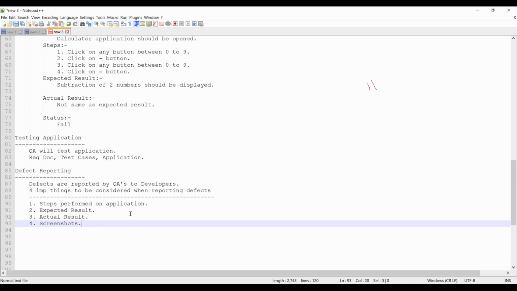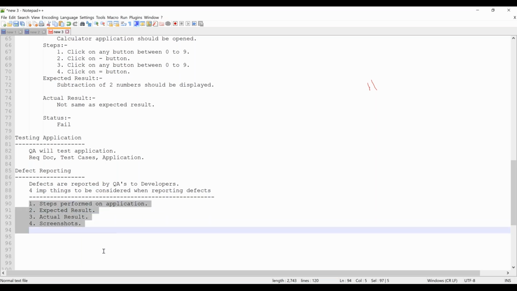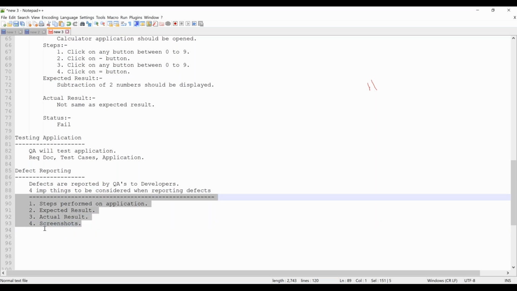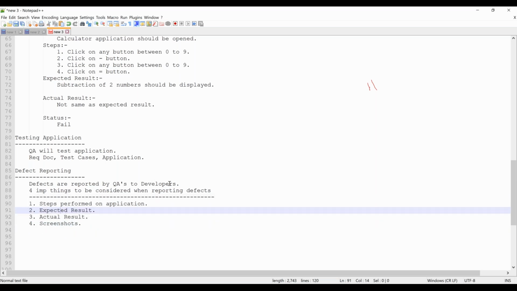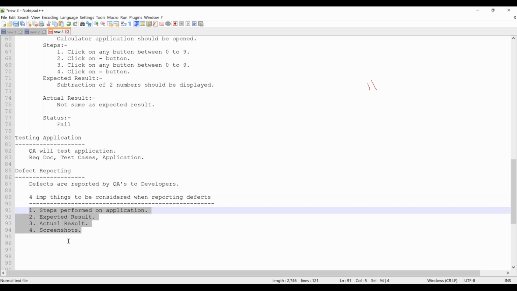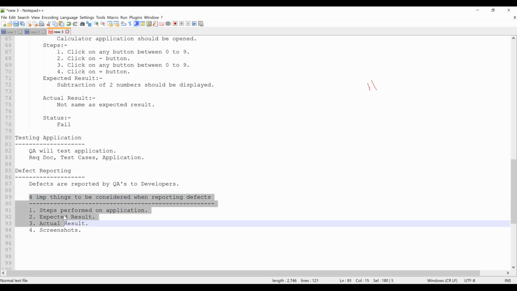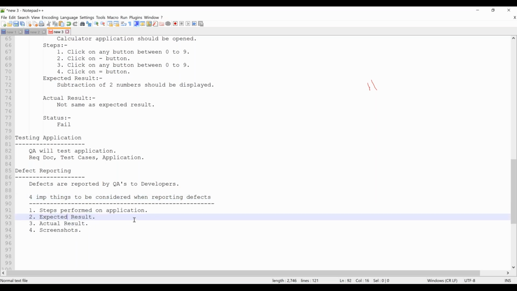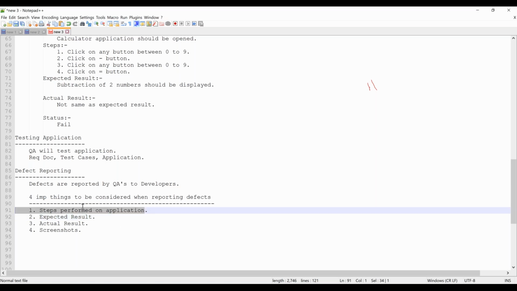So majority of the people, they will not do this. They assume, oh, I'm only doing testing. Developer knows what I have done. So why do I need to tell all this? Don't have that impression, because even in the place where I'm working currently, I have the same headache every day that I deal with the people. Every time what they do is they don't write all these things when they are logging a defect. They'll just write some description and then leave it. We'll come back to why these are very important. But in this particular context, why do we have to do this? Who is fixing the defect? Developer will fix the defect.